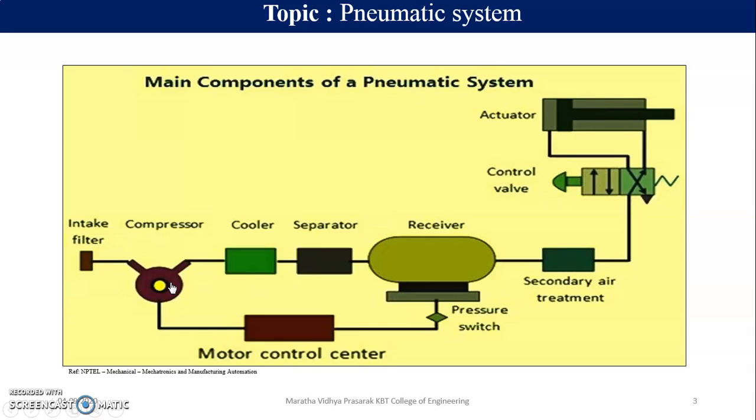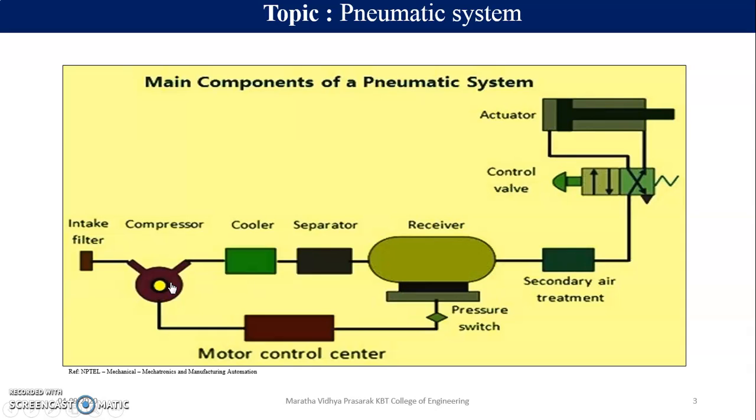Okay, the cooler and the separator. Now why is there a need for a cooler? See, when we compress air, definitely the temperature of that air is going to increase. Now if we use this hot air inside the receiver, or it is flowed from one point to another, then it is going to damage the mechanical parts, and they are going to erode. So to avoid this, after the compressor they use a cooler. They cool the air which is hot due to the sucking and compression action, and after that they provide it to the separator. So the cooler is going to cool down the temperature of the air and then feed it to the reservoir tank.